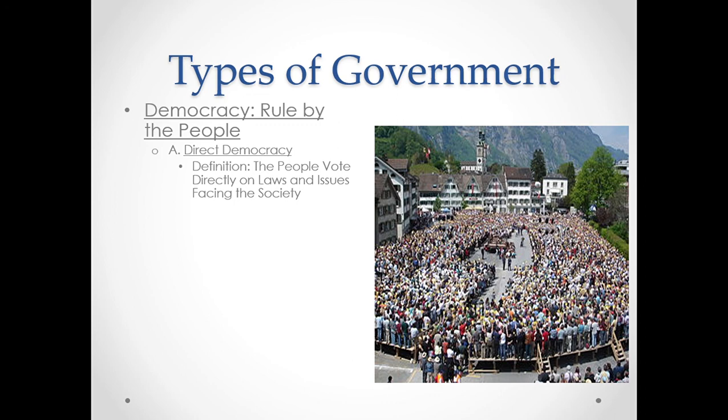So, as they're saying, most countries are a lot bigger than that, and we have something called a representative democracy, which is what we have here in the U.S. And when you represent something, that means you stand for something other than yourself. And that's exactly what happens here in the U.S. So we, the people, choose someone to represent us, to say, hey, look, I got a bunch of people back home, and this is what they care about, and I'm fighting for them.